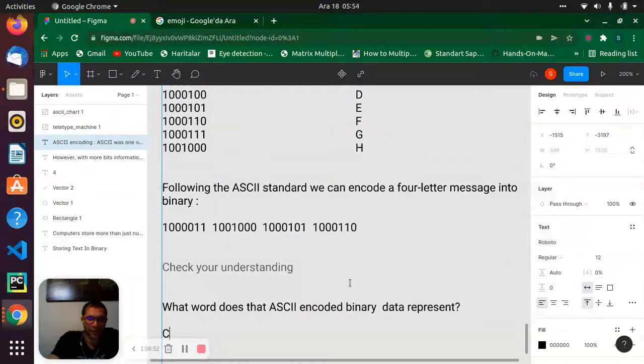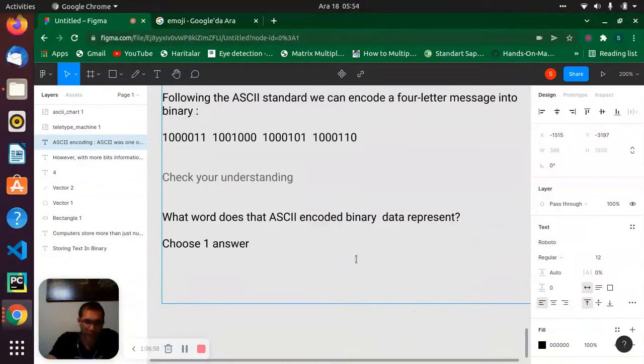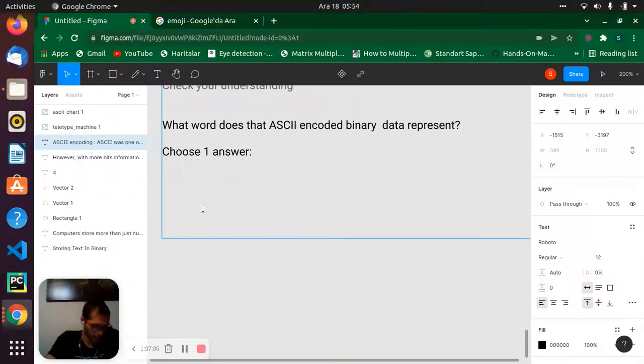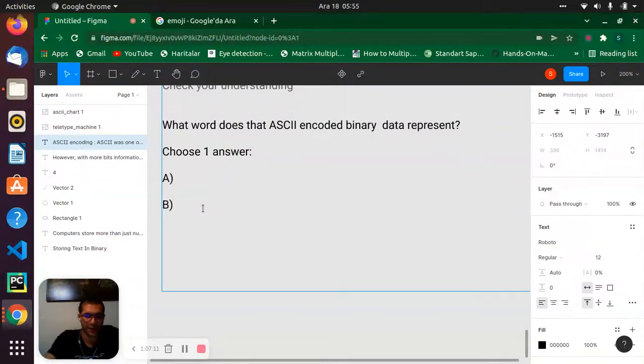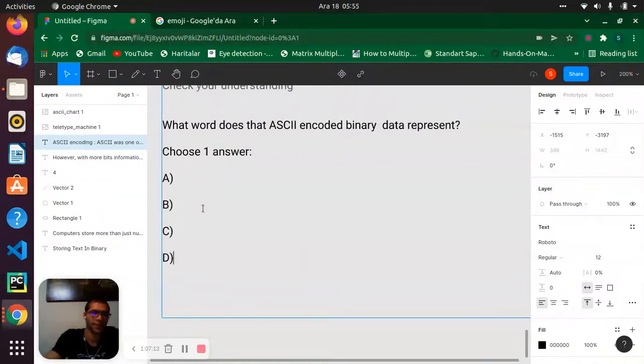Yes, let's come here. Choose one answer. Okay, I will give you a chance to look again above this place, but before that I will write the answers here. This will be A, this will be B, this will be C, and this will be D. Okay, let's look at the first one.